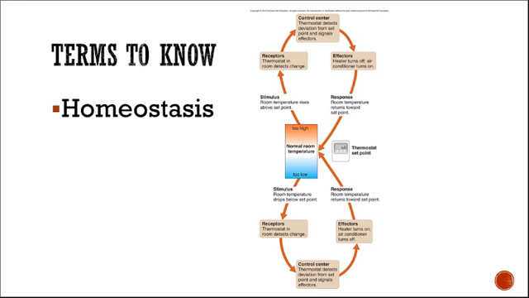Stress activates the homeostatic mechanisms that return the body to its steady state. Homeostatic mechanisms are self-regulated control systems that maintain an appropriate internal body environment. The body uses feedback loops to maintain homeostasis. The response that opposes an action is known as a negative feedback loop. So that's an important term to know, negative feedback loop.